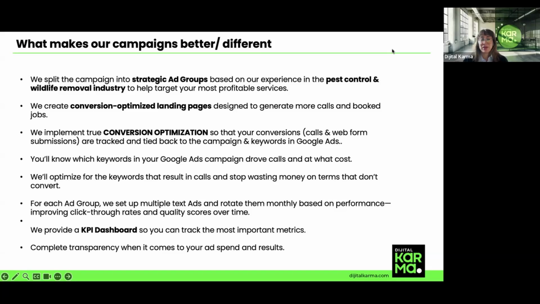What makes that difference is each customer of ours has access to a dashboard that shows all the key metrics in one place. How much you spent, how much you generated, your average cost per lead, and your projected return on investment. So you can also project your next month, next quarter, and next year. And we are so transparent. You will always know how much we charge, how much went directly to your campaigns, and what platforms we are investing on your behalf, whether it's Google Ads, Meta, or local service ads campaigns. So nothing is hidden and no confusion.